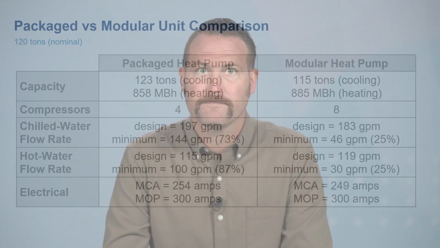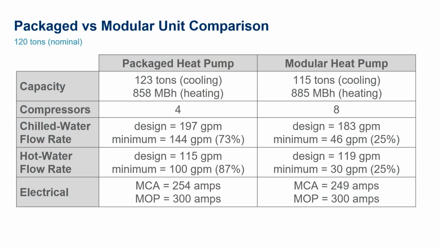I mentioned a simple decoupled system with the previous diagrams, so let's look at that in a little more detail. Packaged and modular units have different flow control strategies and limitations that need to be considered. In this example, we have a single 120-ton packaged air source heat pump and a 120-ton modular air source heat pump consisting of 4 modules. Both units are selected at the same fluid and ambient conditions. As you can see, most of the performance characteristics are pretty similar except for one key item, the minimum flow